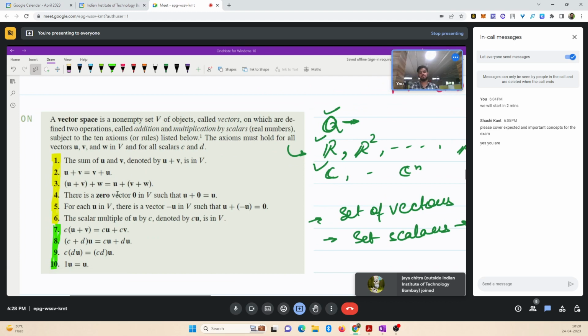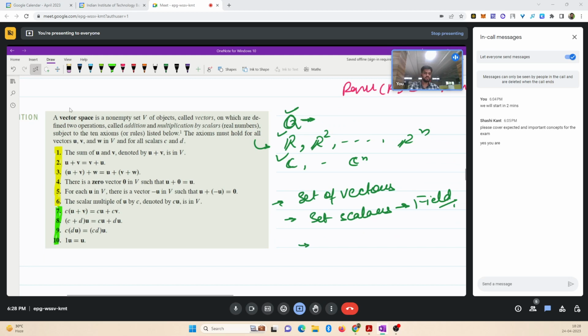Yes, you're true. Apart from these two things, you need two more things: your notion of addition and scalar multiplication, and zero should be a part of it. Yes, the zero vector. So I think what you're saying is related to subspace. Let's say you are talking about some subspace of a space, then you need to check only these two things, that it is closed under scalar multiplication and addition, and the zero vector is part of that